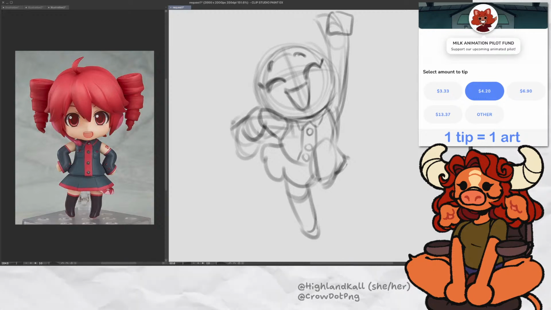I'm gonna give her really big sleeves. There we go. And I want to make sure the twin tails are still visible, so I'm gonna have them go off at an angle here. There we go.